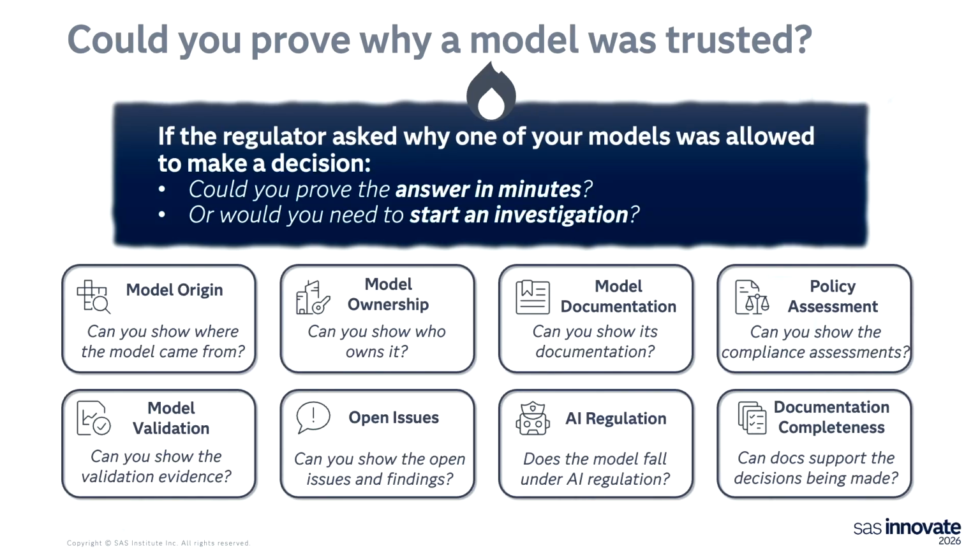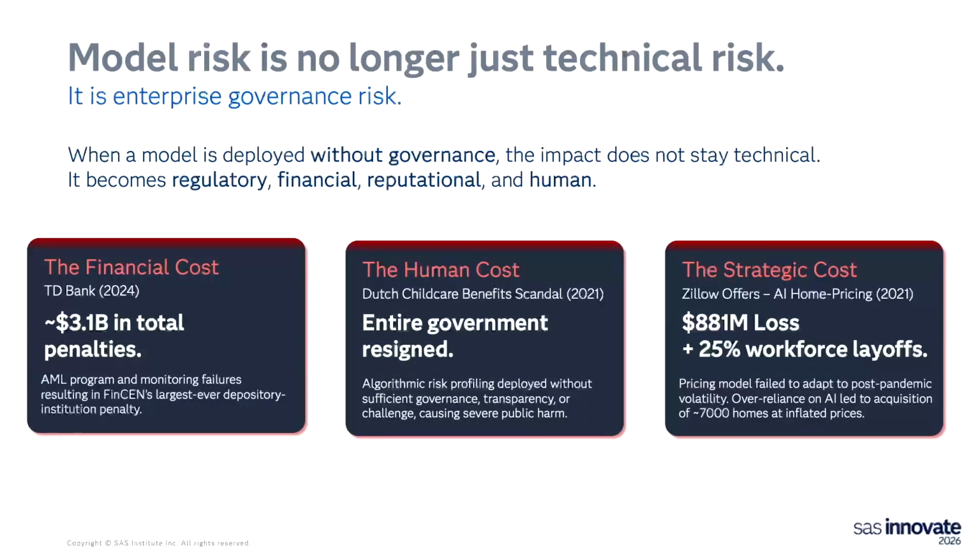So what we'll try to do today is to see what happens when this governance fails, as well as how we can make things a little bit better using GenAI technology and, in general, the model risk management solution for SAS. First of all, when governance fails, the risk is not technical anymore. It becomes much bigger. It becomes a financial risk, an operational risk, a reputational risk, it becomes human risk. And here are just some examples from recent history.